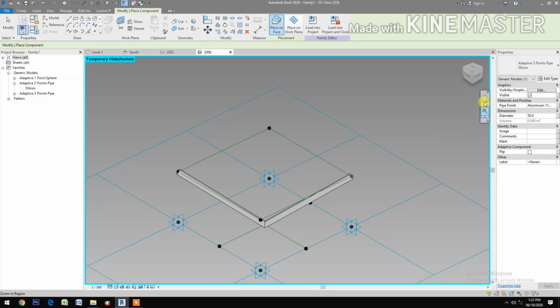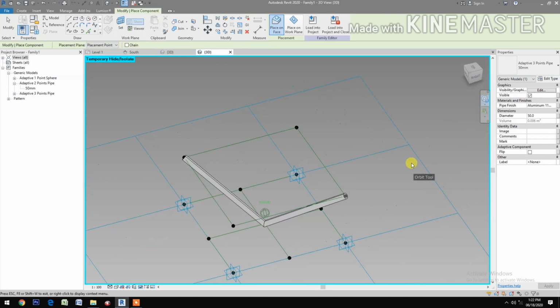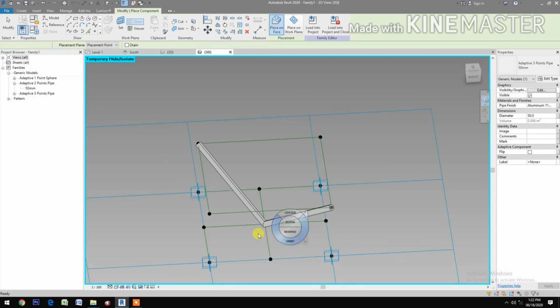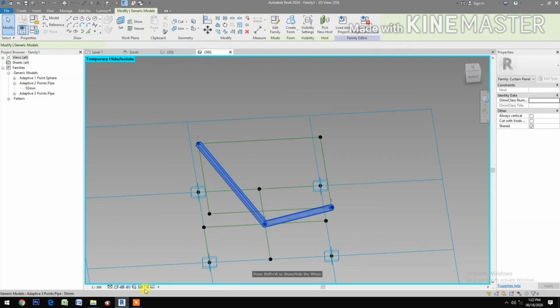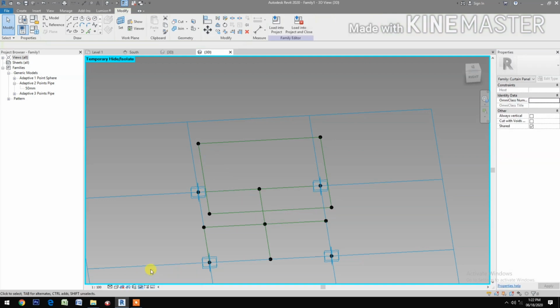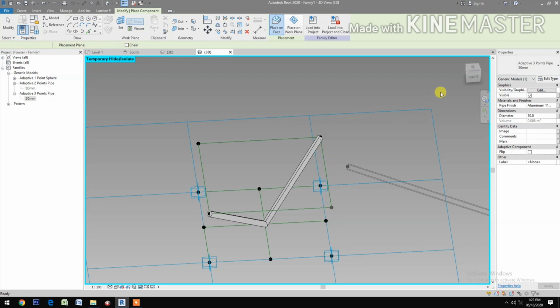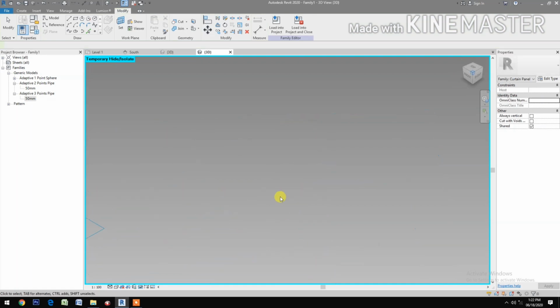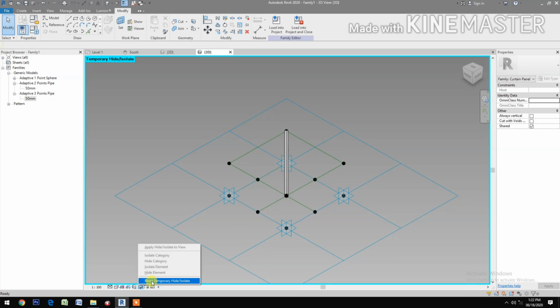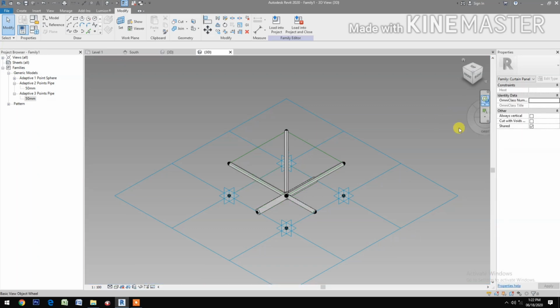let's orbit the view. Okay, next select this pipe, hide element, insert the adaptive 3 points pipe, pick one here, pick here, and pick here. Okay, let's go to 3D view, hide, reset. Okay,